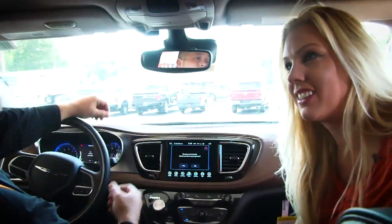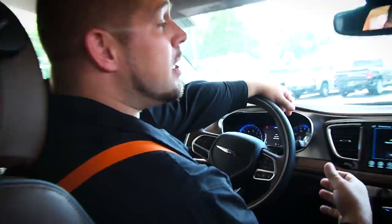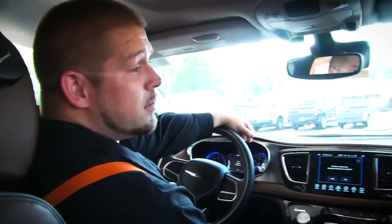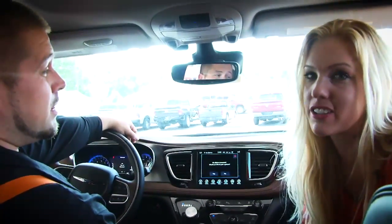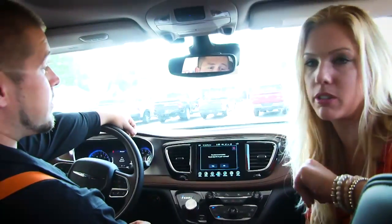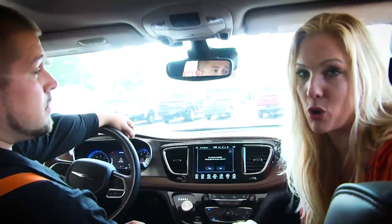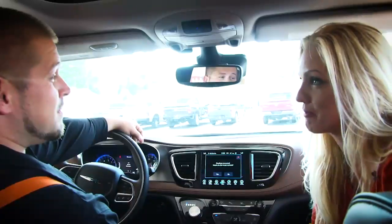It sounds great in here because these little speakers right here, they're above the passenger and driver. They're actually noise cancellation speakers. So the road noise that you're gonna hear inside, they're gonna cancel it out. It's gonna be really nice. You won't be able to hear the road noise just as much. It's a very nice drive. Is that why it sounds so good? Sure does. We were driving around earlier and turned up the radio and it sounded absolutely amazing. Not only that, but when you're watching a movie, it is better than a home sound system when you're back there watching a movie and you have the Harman Kardon